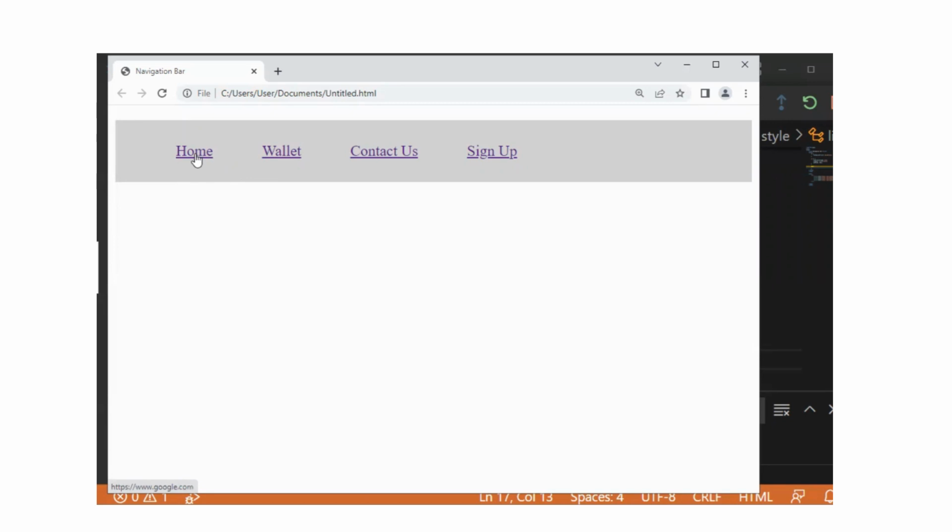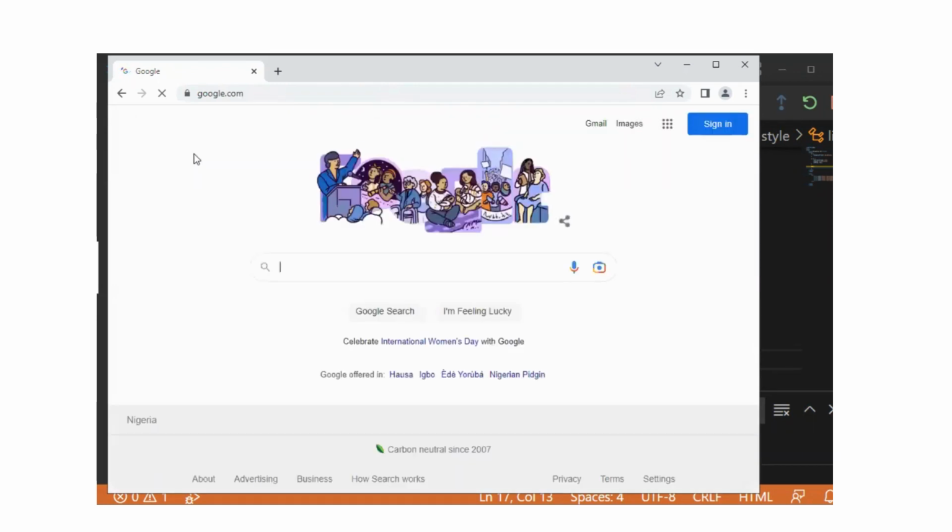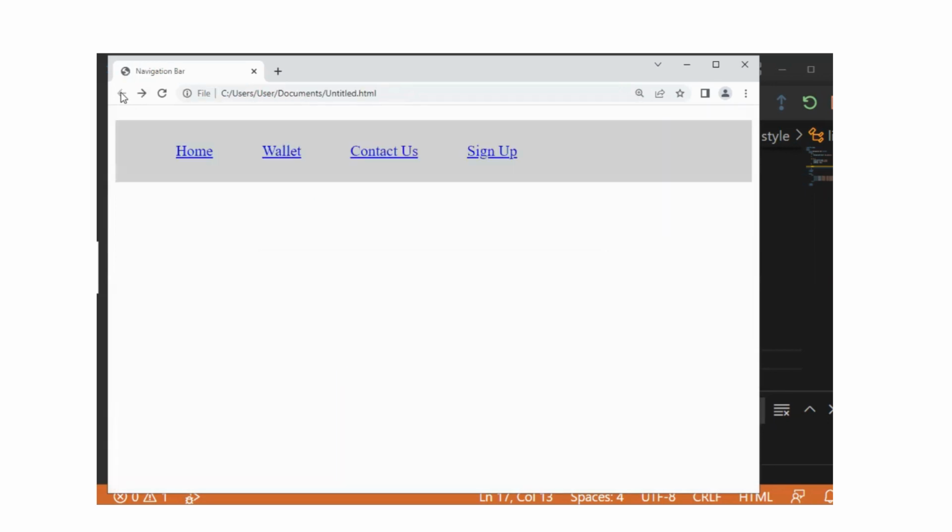This is not the best product. I'm using it as an example right here, using the Google URL. If you click on this home right here, it's going to take you to the Google website. But when you're creating a standard website, you will actually create your own URL link for all these elements here. You're going to create a link for each and every element here, so